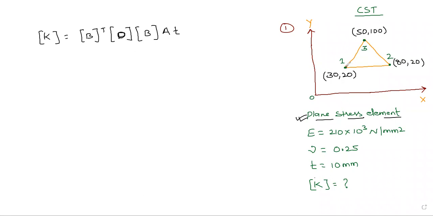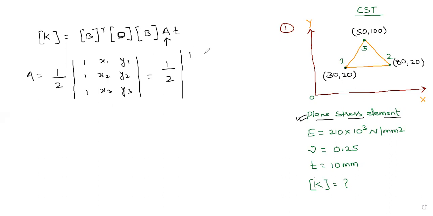And we know that at node number 1 the coordinates are x1, y1, node number 2 x2, y2, and node number 3 x3, y3. So first we are going to find this area. So how we will find the area? Area can be found as 1 by 2, formula is determinant of 1 x1 y1, 1 x2 y2, and 1 x3 y3. So let us replace these x1, y1 by the values given here. So we will get half